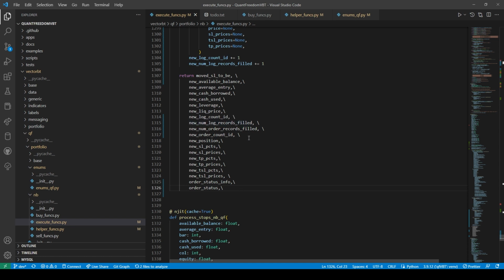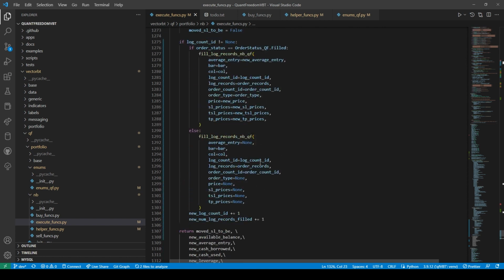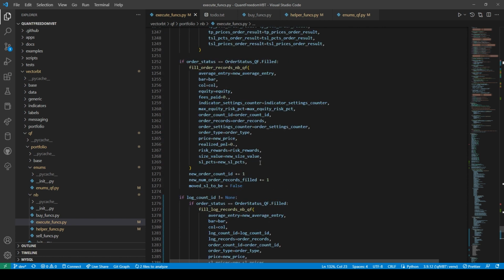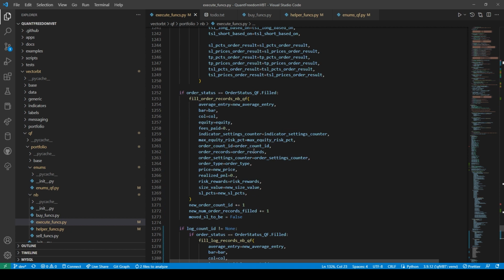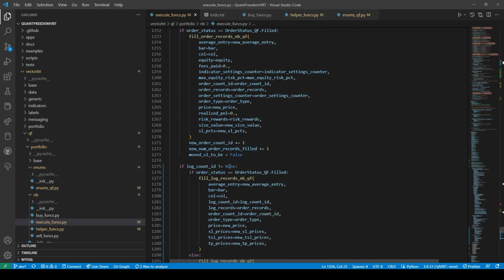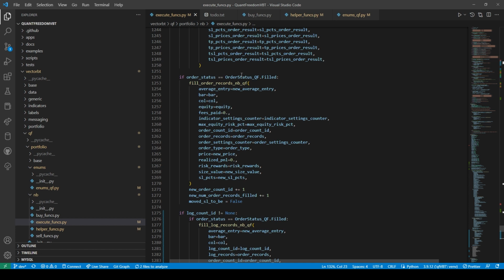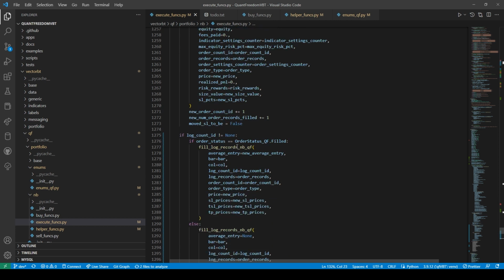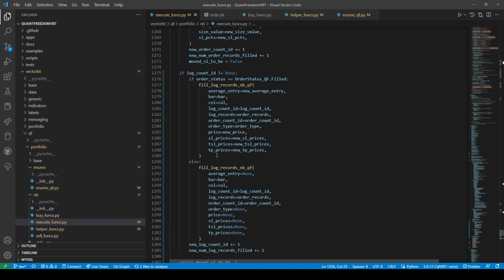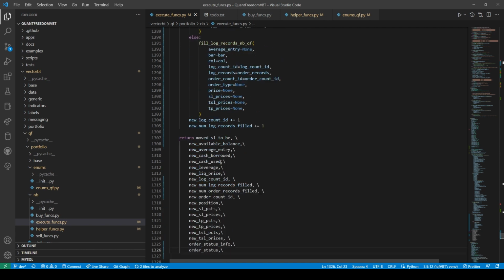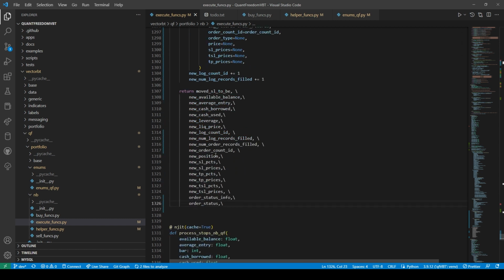Because you don't want no problem. Sucks that I have to check this twice. Anyways, so this should be